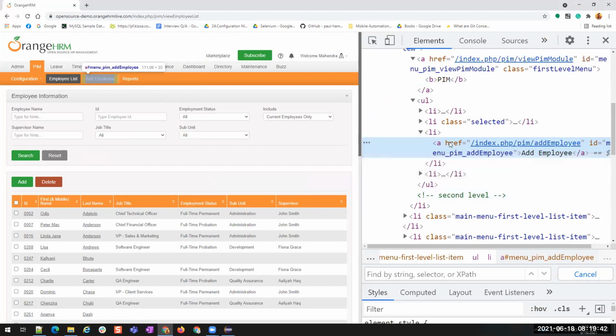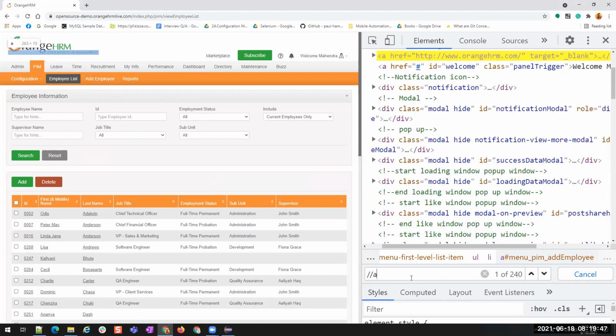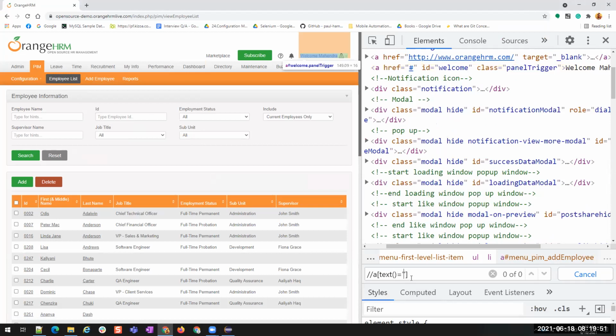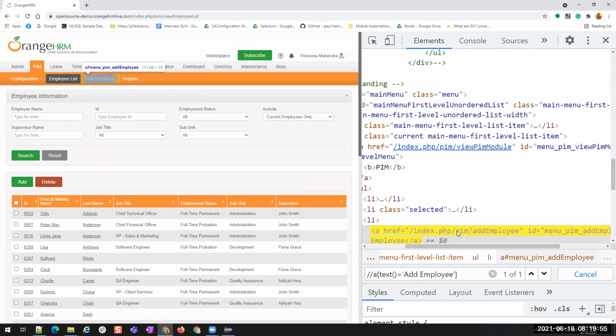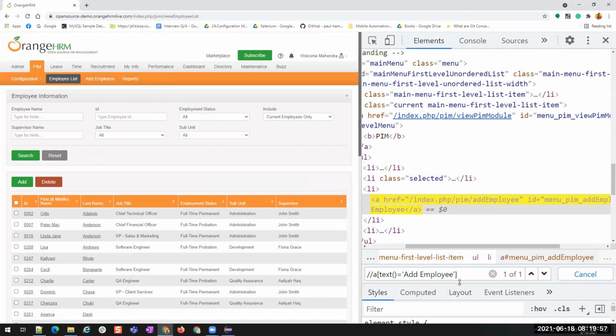Add employee we have directly under A tag, right? /A, text is equals to add employee. I can use this, right? Or if I want to apply something similar to partial link text, if I know some partial text of it, then I can use it.